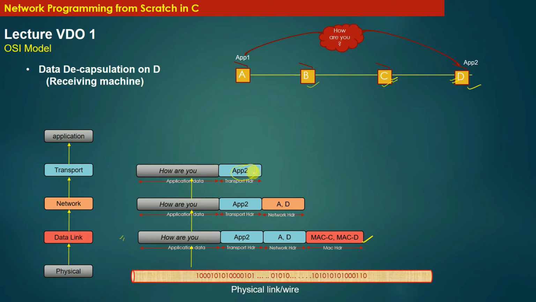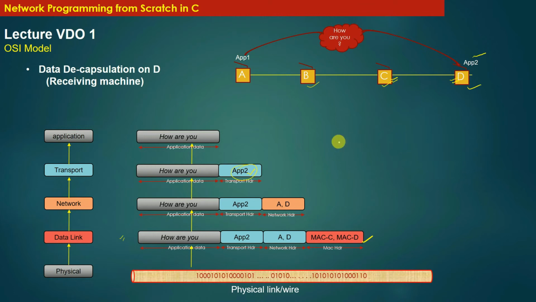Therefore, it was required for machine A to encode the identity of the receiving application in the transport header. So the transport layer eventually hands over the original application data to app2, and app2 eventually receives the data.